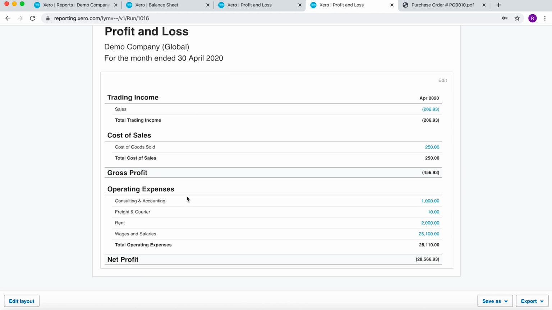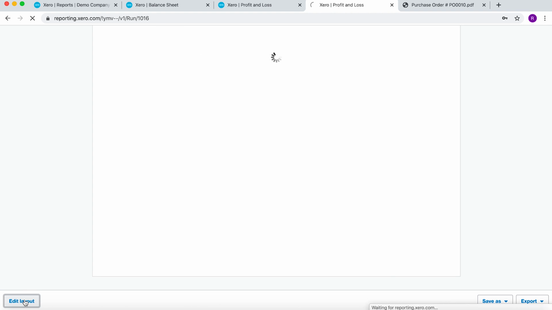Now, let's say, if we take the P&L for example, that we wanted to change the layout of this report. So we wanted to create an additional subtotal within operating expenses. We can do that. How do you do that? If you go to edit layout,